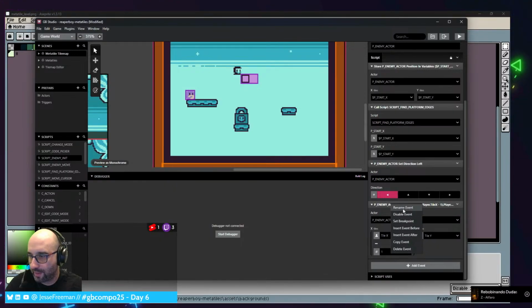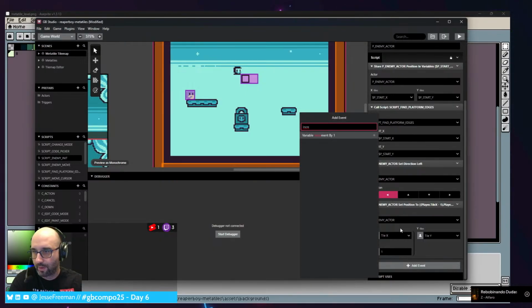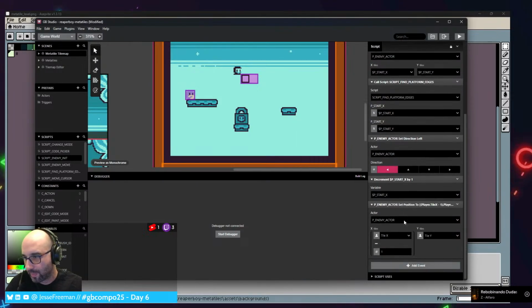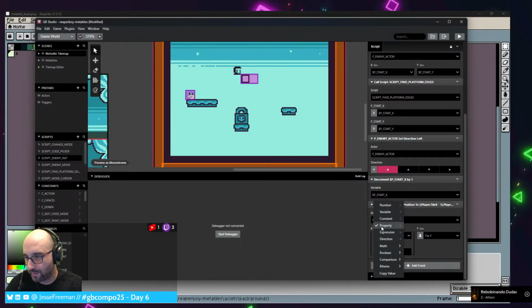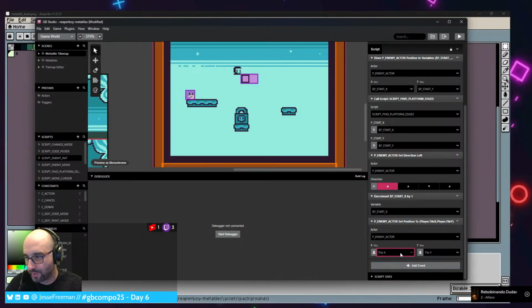Let's take the insert event before. Increment or decrement by 1 the start X position, and then let's just set these to just the